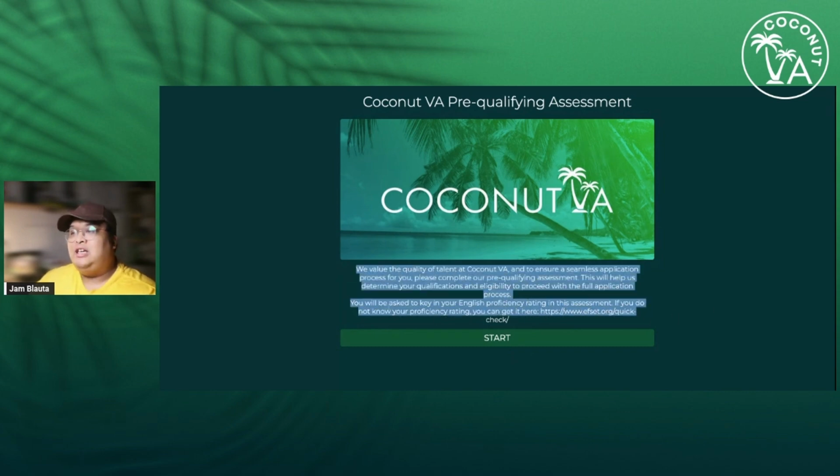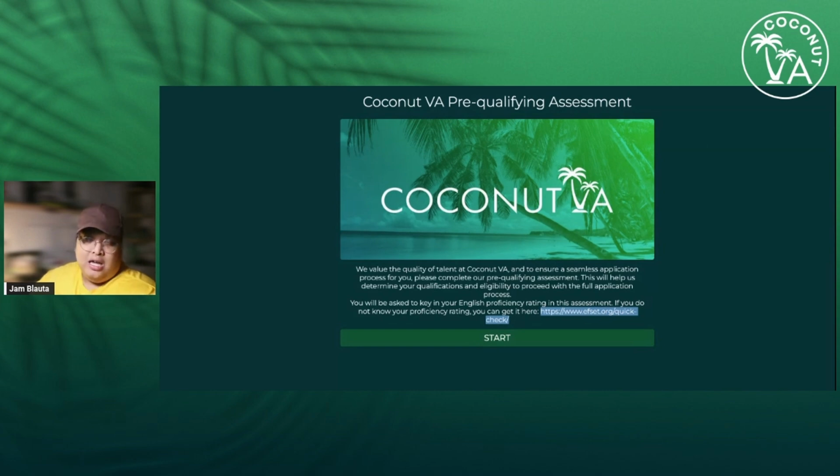is to read the instructions. And it says here that before you go through this pre-qualifying quiz, you head to the English proficiency level exam. And the link is right there. All you have to do is copy it, paste it, and visit the specific link in a browser. And a lot of you guys would ask me, John, where do I find the English proficiency exam? It's right here. It's right in front of you. You didn't read it.